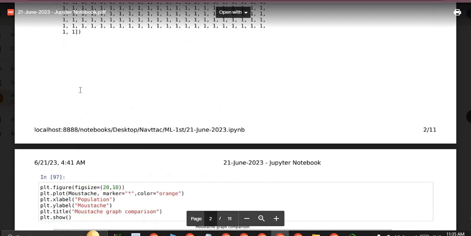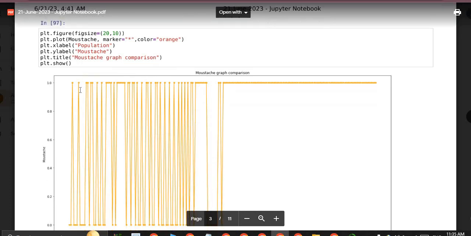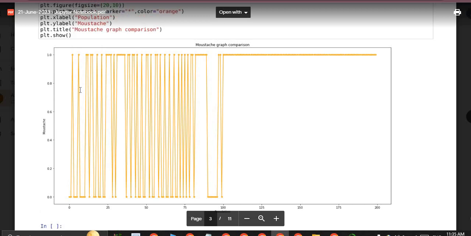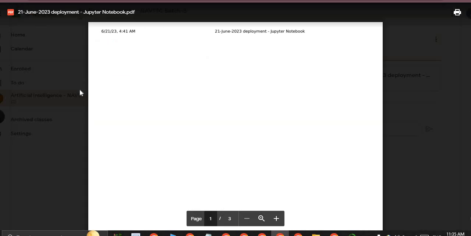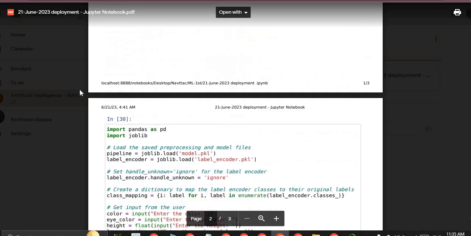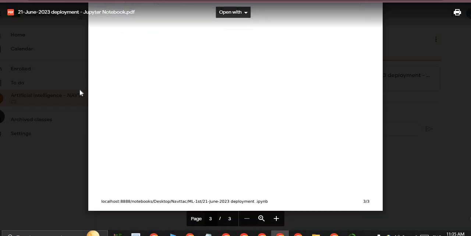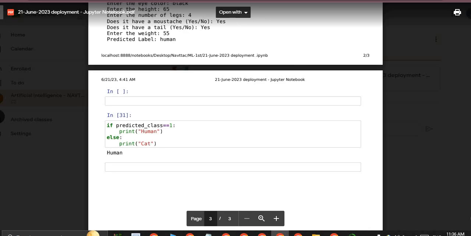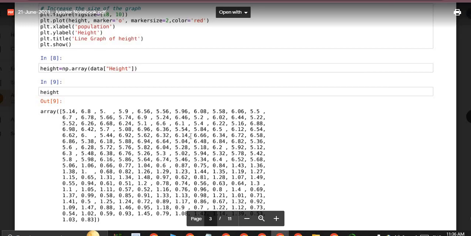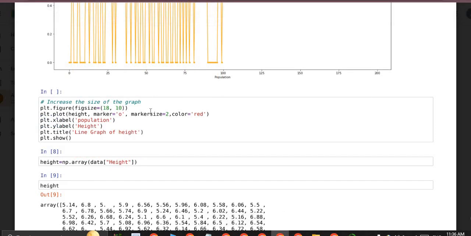After that we will explore the mustache for human, and we have 200 samples. The first 100 samples have a mustache, and after that we have no mustache.